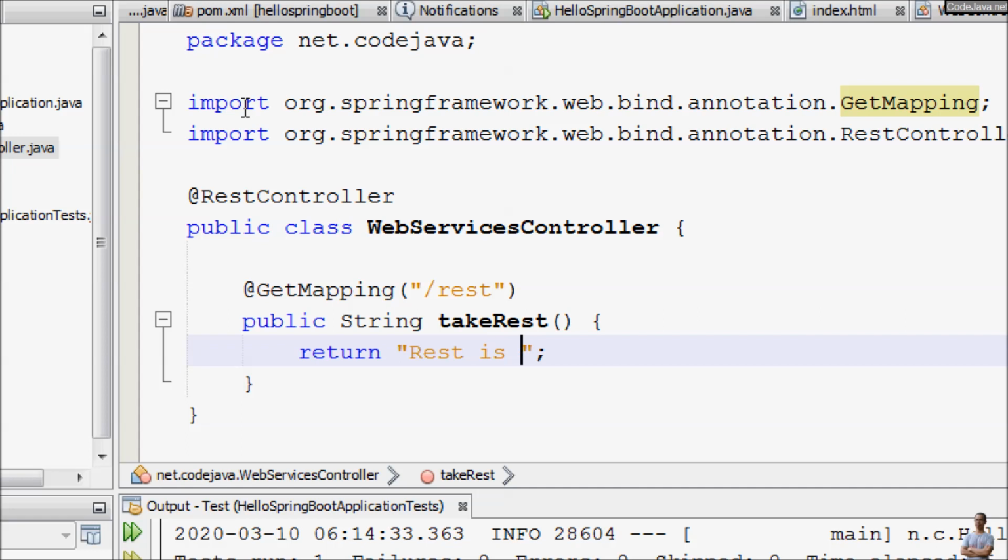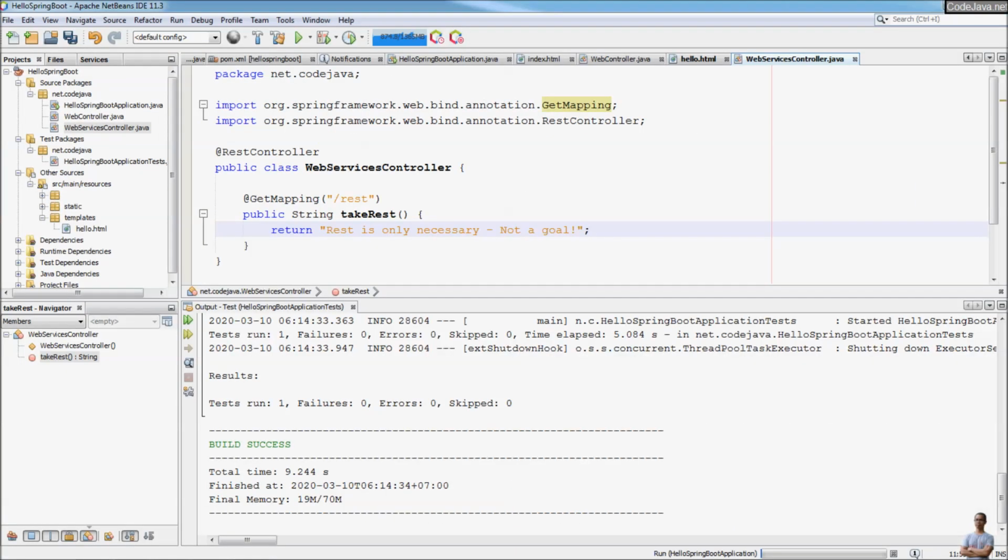REST is not needed. REST is only necessary, not ever. For example, and save all the changes, and you will see